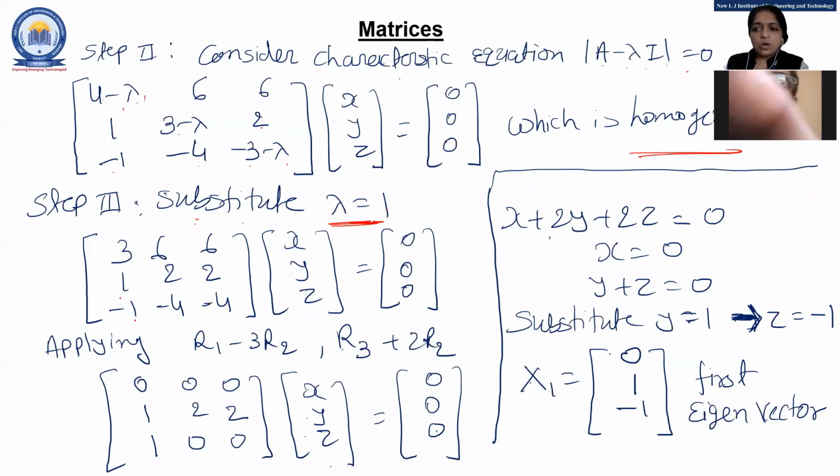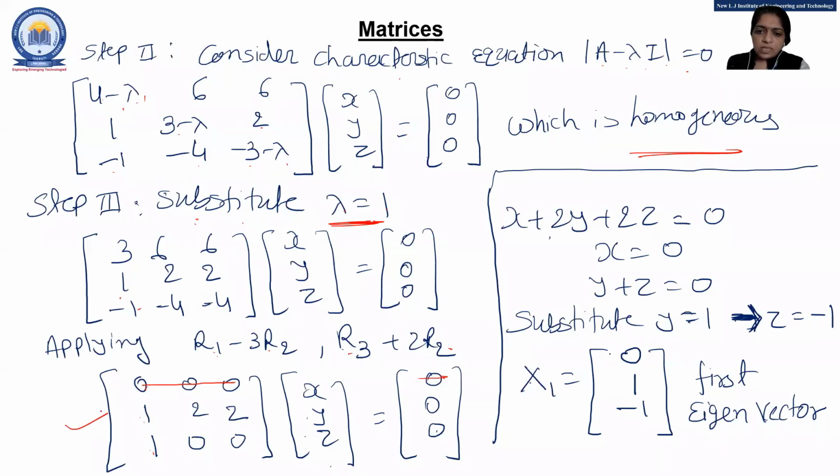Now I want to solve this matrix. You can solve it by Cramer's method also, right? You have to find the values of x, y, and z. Here I am doing two operations, R1 minus 3R2 and R3 plus 2R2. So here my first row is 0, on the left hand side as well as the right hand side. What does it mean? It means one variable is free. Two rows are there, so from the second row I have one equation, and from the third row I have another equation.